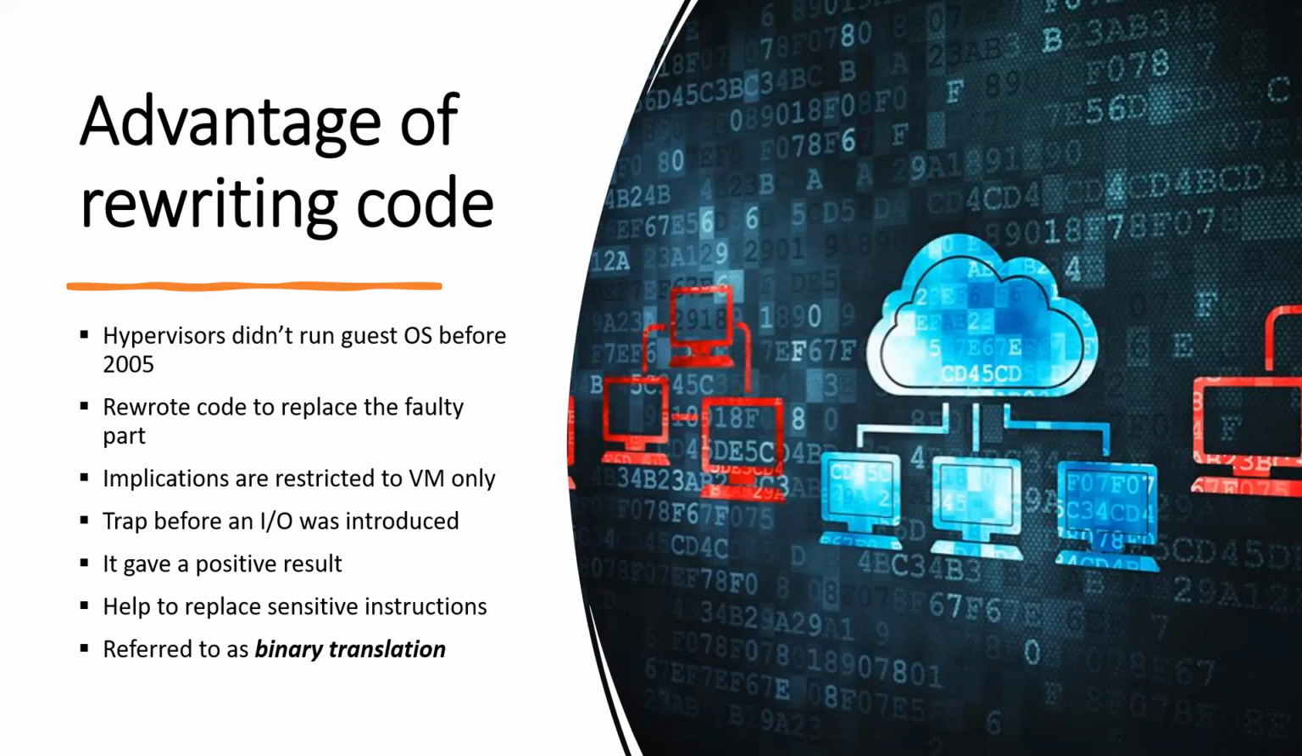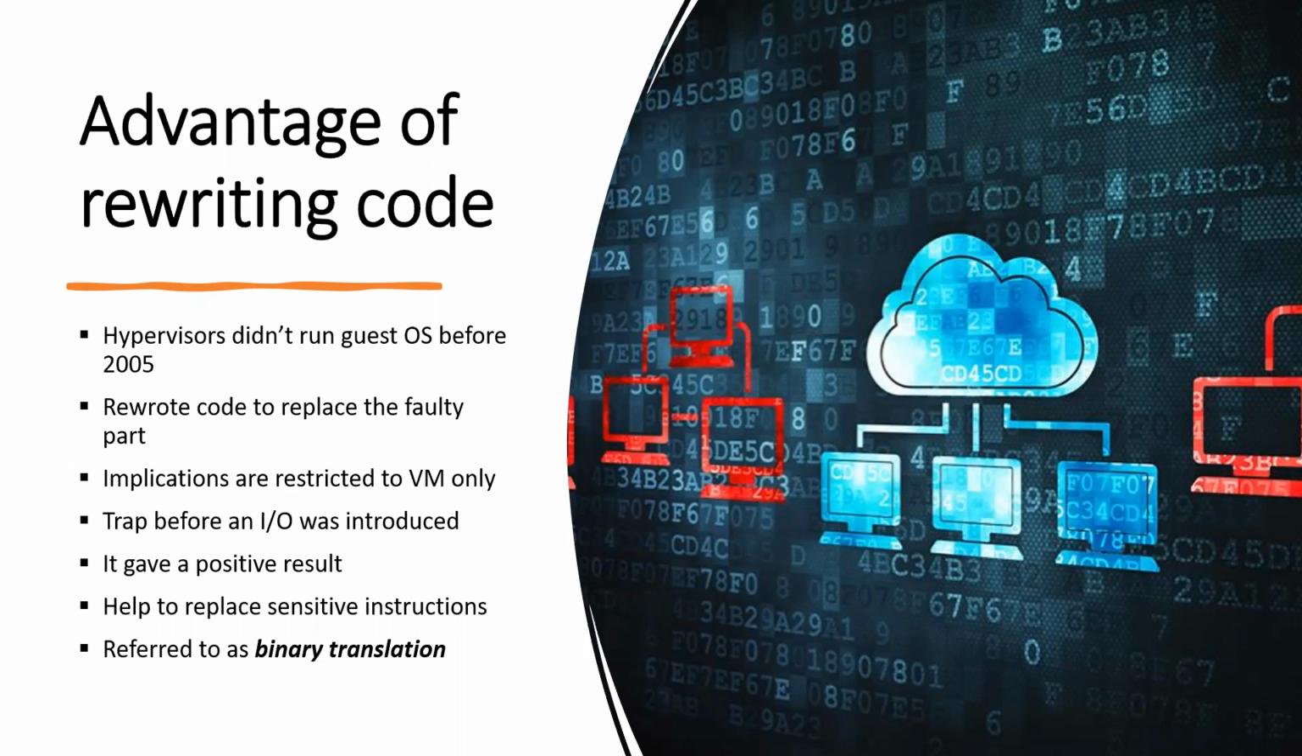Before 2005, hypervisors didn't really run the guest operating system, but rather rewrote just a part of the code to replace the faulty part of the instructions with safe code sequences that emulated the original instructions. For example, if the guest operating system modifies the CPU's privileged control registers, then it is important to know that the implications of such instructions are restricted to only that virtual machine and have no effect on other virtual machines or the hypervisor. Thus,